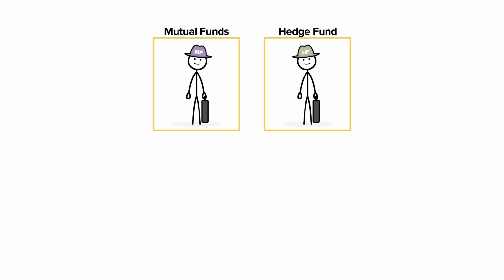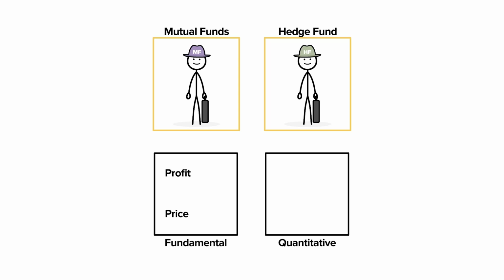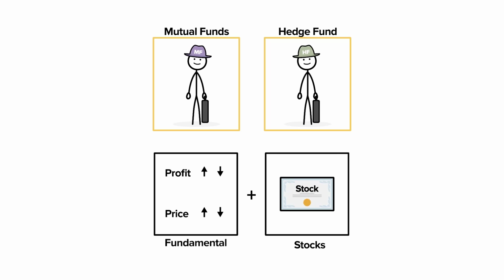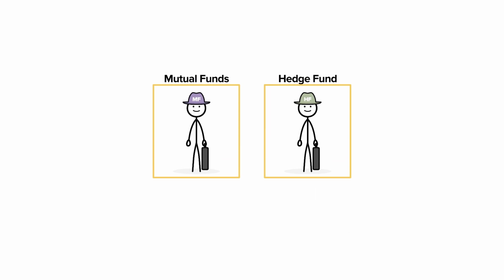Within the fund world, there are two broad strategies: fundamental and quantitative. Fundamental investing is driven by the underlying performance of a business and the resulting stock price movements. In contrast, quantitative funds employ formulas, aka algorithms, to invest, either based on pricing trends or company valuation data. We're going to focus on the most straightforward part of this world to begin with, which is fundamental funds that invest in equities. Let's dive in. To start with, mutual funds are referred to as long-only, whereas hedge funds are called long-short. We'll begin here with a look at mutual funds.